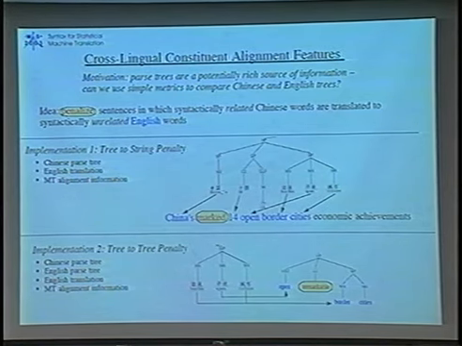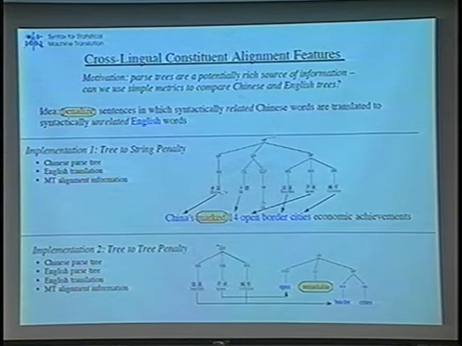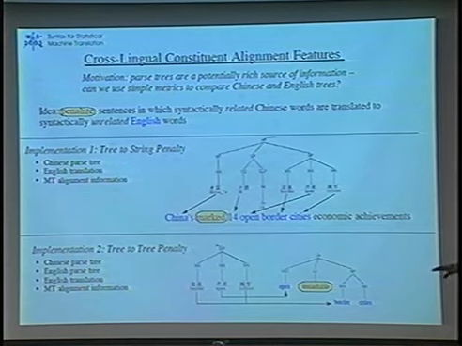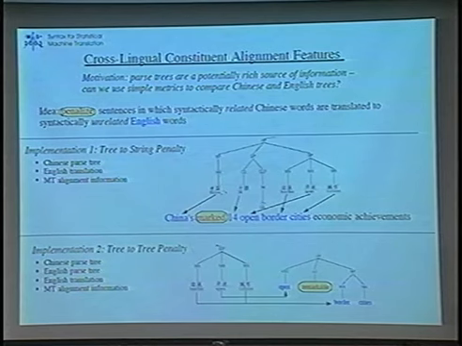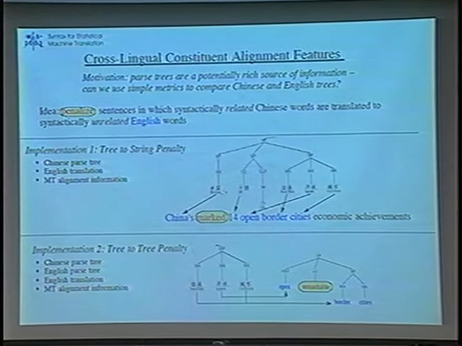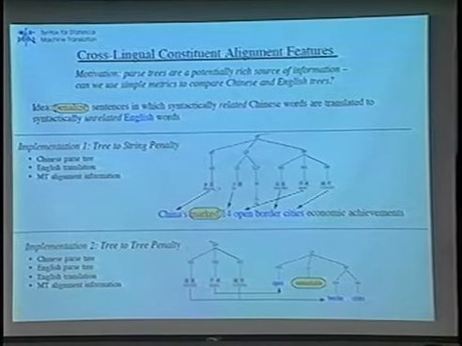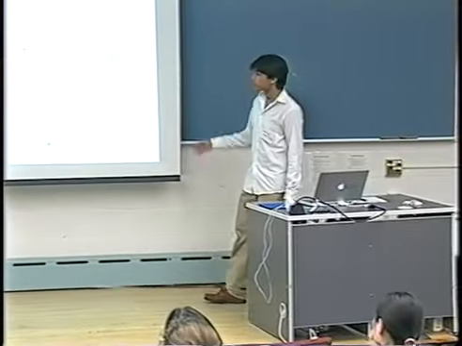And a related model is a tree-to-tree penalty, which, as in the previous case, looks at each Chinese constituent and the words under it, looks at what they align to on the English side, and then using the algorithm that Anoop described earlier, tries to find the minimally covering subtree of the full English parse tree that covers those English leaves, which were aligned to the Chinese words. And again, we see if there's any words within the English subtree, here this VP, which weren't aligned back to words in the Chinese parse tree. And in this case, remarkable was not, so again, we incur a penalty for this sentence. And we do this for all the Chinese constituents and sum a